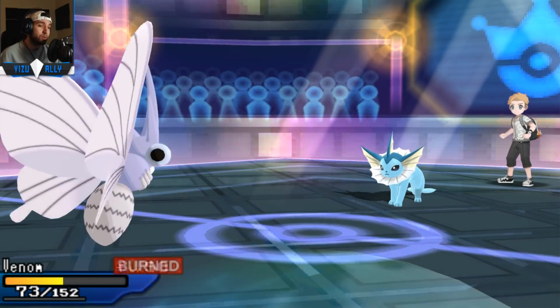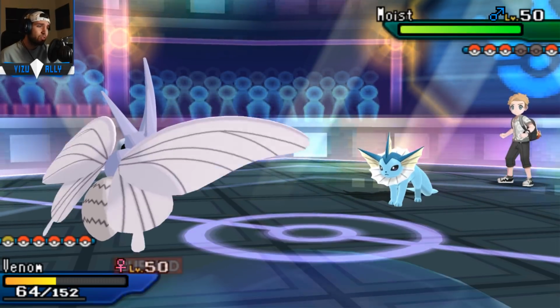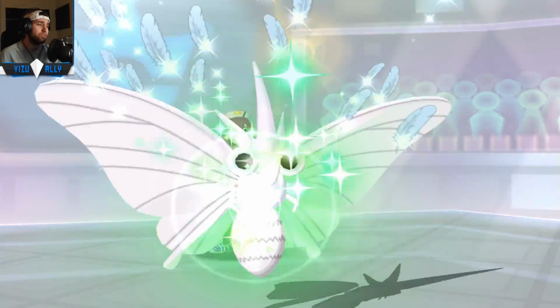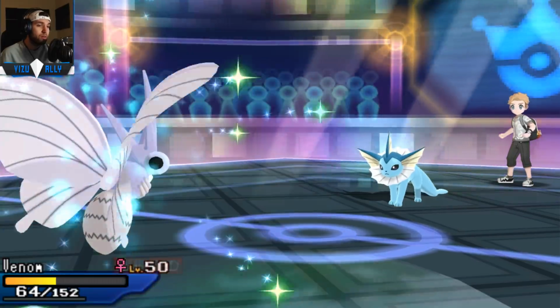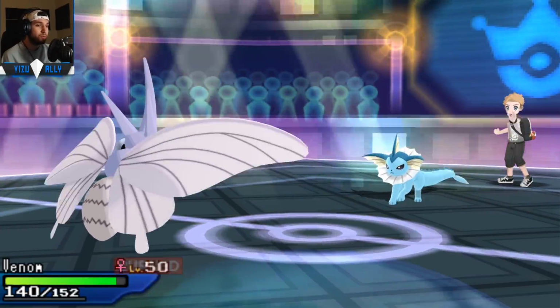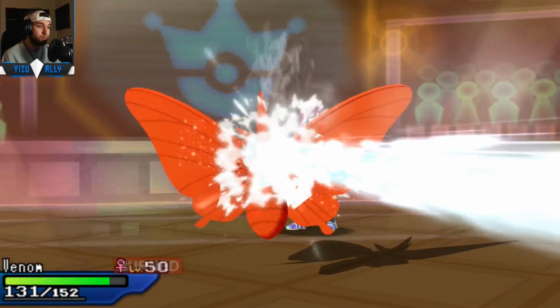But luckily Hail goes away right there. He should be Light Clay on the little Ninetales, which it looks like he is, because the Roarville does not go away, and Hail goes away first, so that's a good team building on his parts. But unfortunately he doesn't have much that can really one-shot the Venomoth, so I guess maybe he wasn't expecting Venomoth